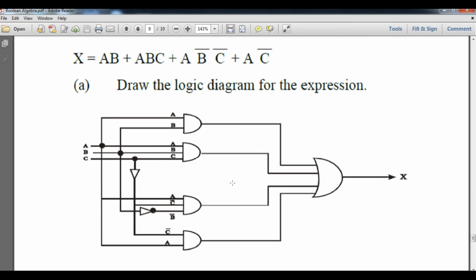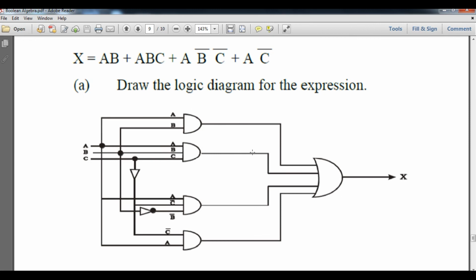So you can see, students, we have understood how to draw the logic diagram of a Boolean expression. Same way the question may arise, what will be the Boolean expression of a given diagram? So we will just invert it, I mean to say reverse this. Simply what we have to do, we have to just separate the gates first, like this first one, second one, third one and fourth one, and at last whatever the last gate is, it will be considered like AND or OR, so plus along with that also.